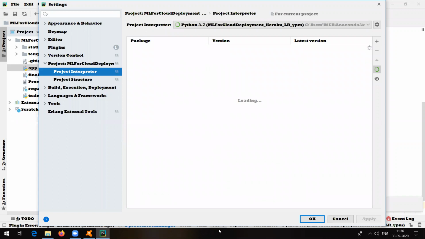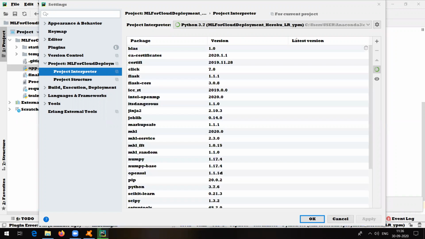In my case I have Anaconda installed, and as many of you might know, it has Python available by default, and it makes use of the latest version of Python, that is Python 3. Once you click on the project interpreter, you need to click on this gear button, the settings button.